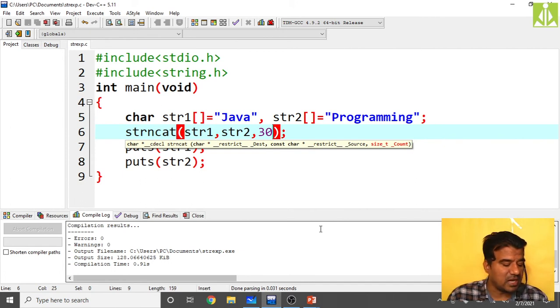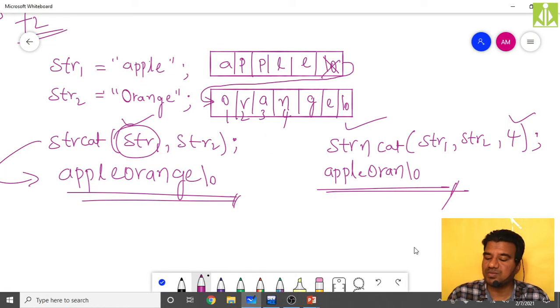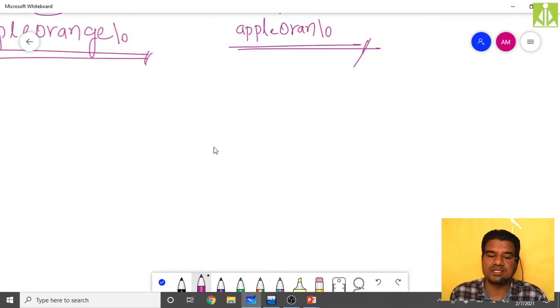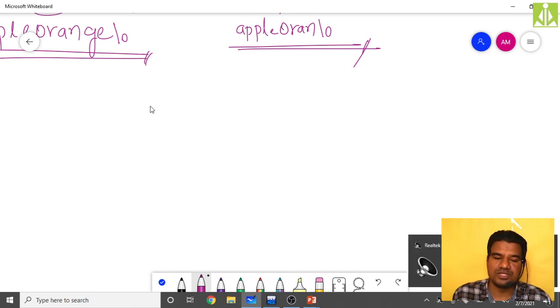Okay, then the last function we have over here inside this string.h is the string reverse function. It will operate only on one string.